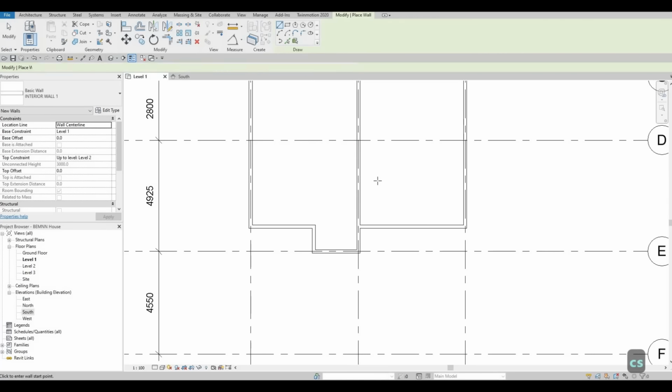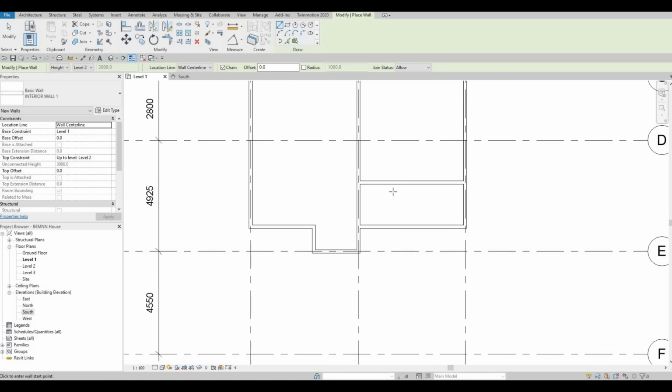We're gonna use CS, create similar, and we could add interior wall right again. So here I'm going to add a wall first, all the way right here. As you can see, we have a temporary dimension here. You can select that. And then here, we can type in 1950. So now we have our